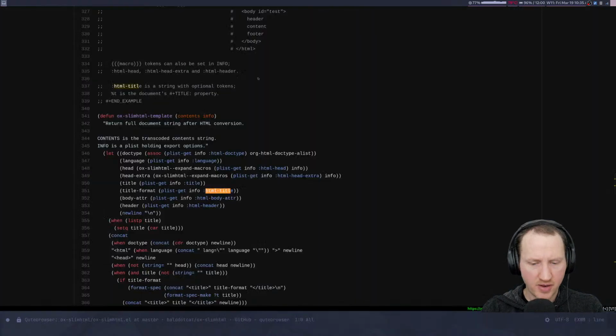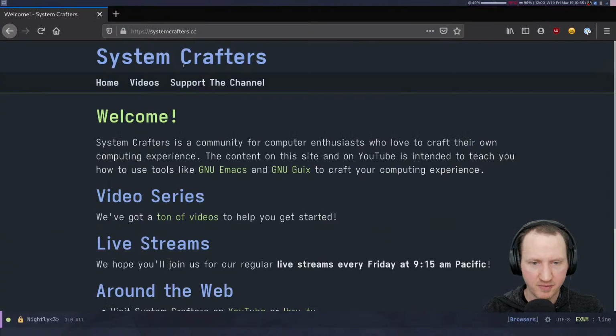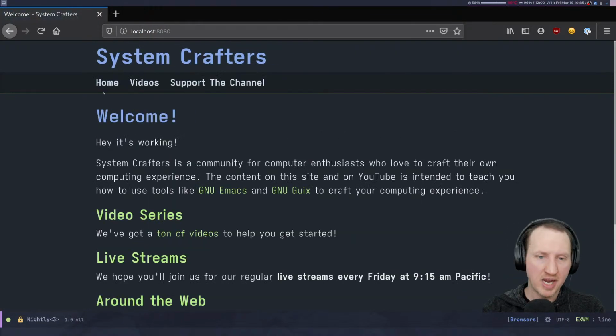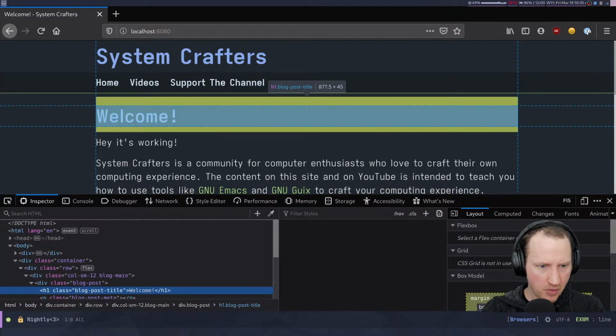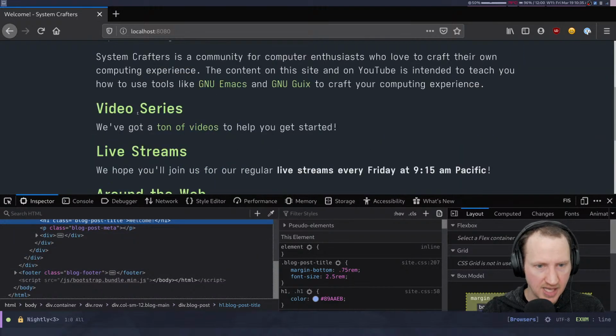All right, and then if I go back to the development page, refresh it, now that appears to be an H1. If I go into Firefox, I can verify that, refresh the page. Oh, that's the wrong one, localhost 8080. Okay, now it seems to be switched to the right thing. I'm gonna inspect that element. Now this seems to be an H1, as we see here, and then the individual headlines are now